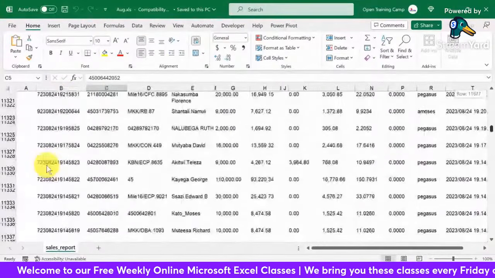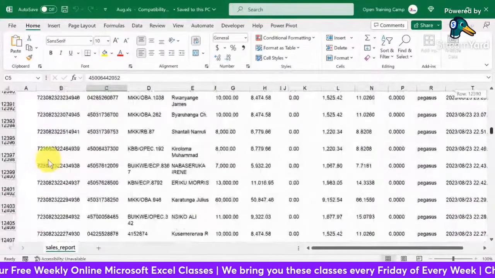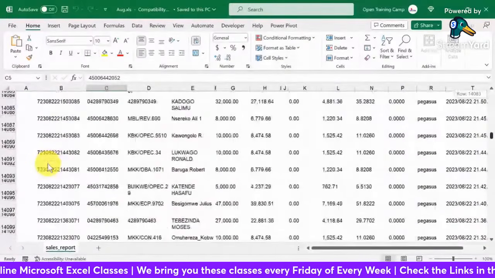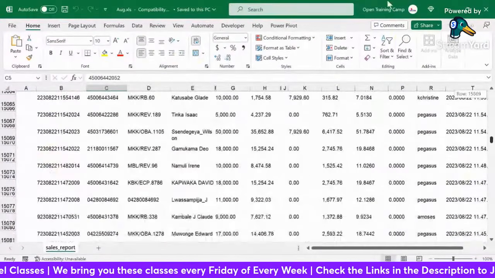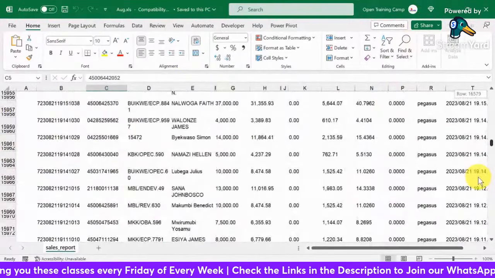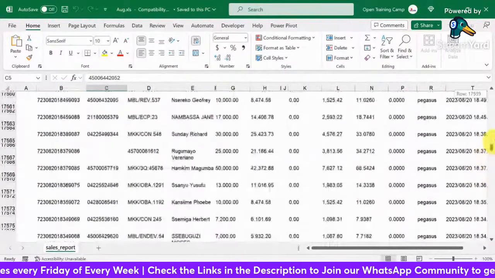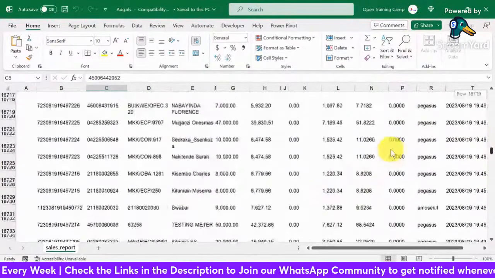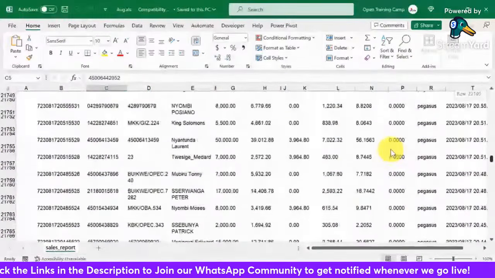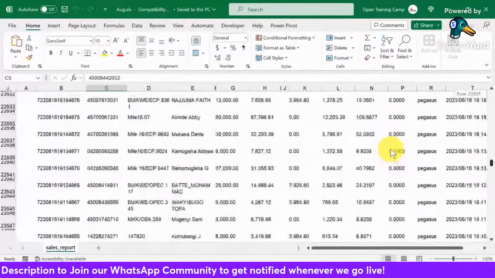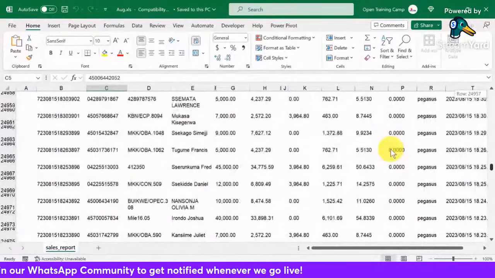There are empty cells, there are empty rows, there are empty columns. So the data is quite messed up. There is no data analysis activity that can happen on this particular data set. Now, let me hope that we appreciate the problem, and let's head over to Power Query and deal with that